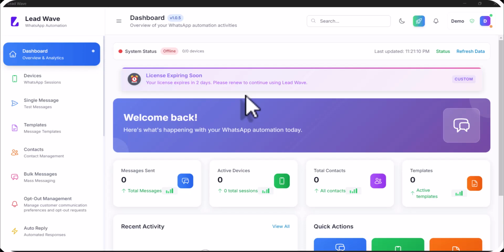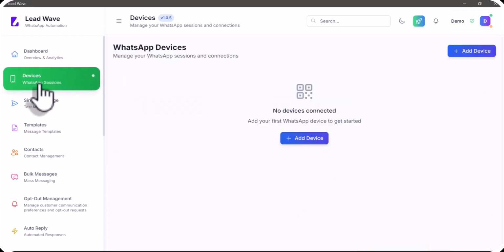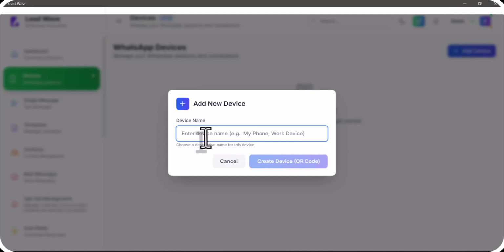In the last video, we have seen how to install the main application and Leadway key generation. Now in this small video today, I am going to show you how to create devices. On the main screen of Leadway, just click on devices, hit on add device, write the name here